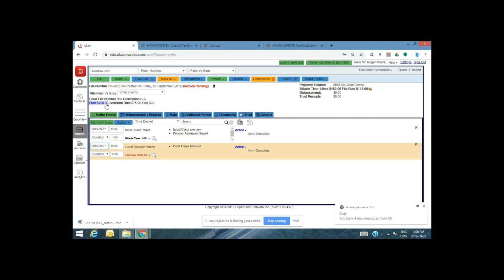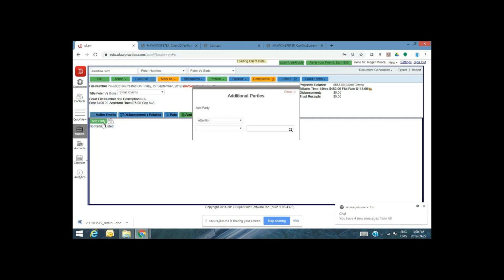So absolutely, uLaw does do the conflict checks, as I've shown you. I think that's one of the questions we had. It does check for plaintiff and defendants, and that's something I mentioned during the presentation. Once you have added the parties, so in terms of additional parties, if let's assume this Peter is our plaintiff, and if you actually have added a defendant here,